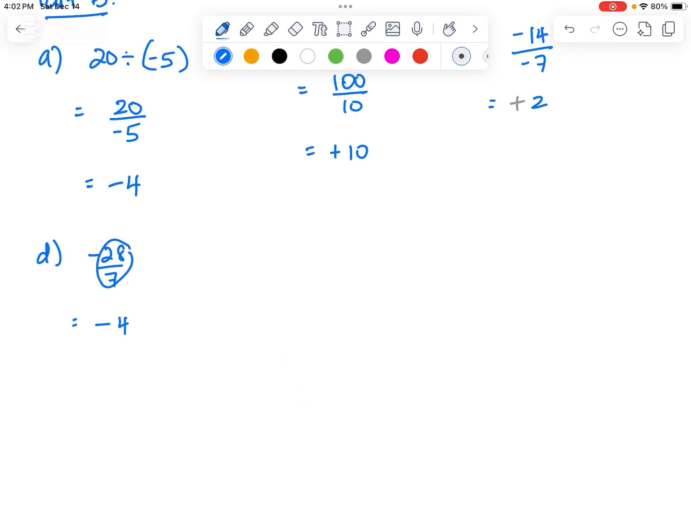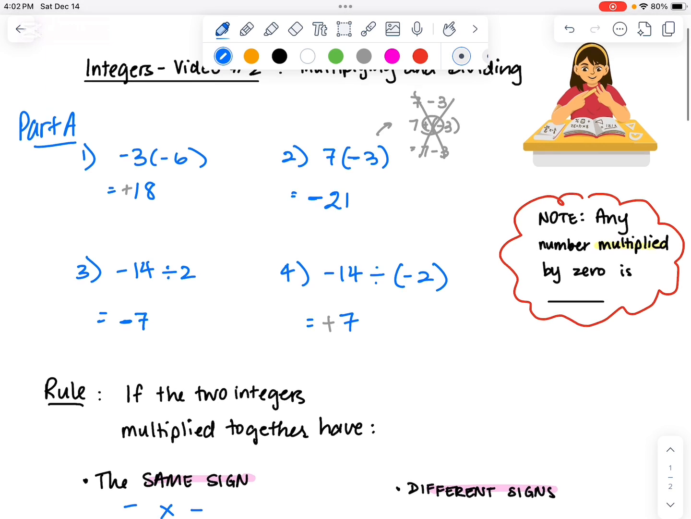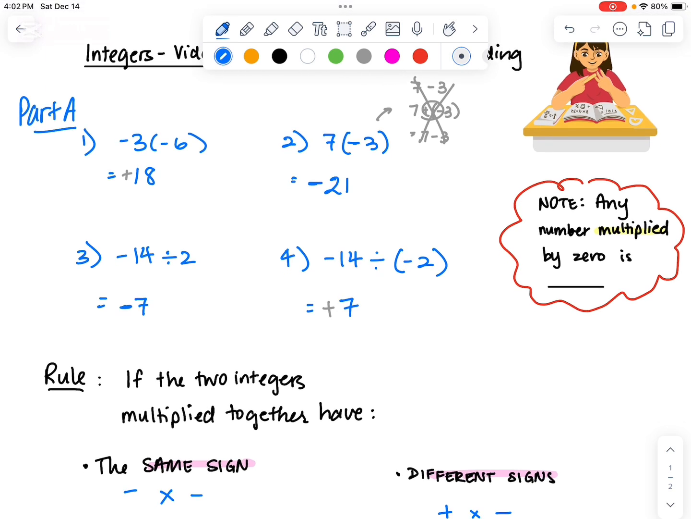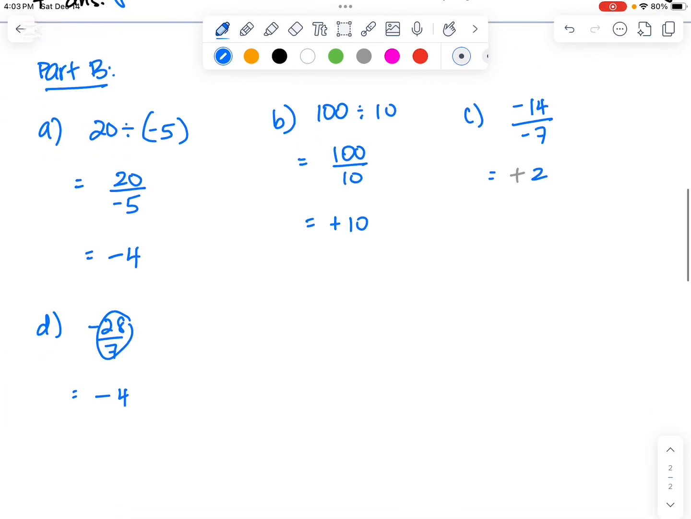Now I want to go over a couple examples with zeros. So over here, and I kind of forgot to mention that, but over here, any number when you multiply it by 0, you'll get an answer of 0. For example, 7 times 0 is 0. Negative 3 times 0 is 0. And you guys are pretty familiar with that. But what about for division? What are the rules for that? So for division,